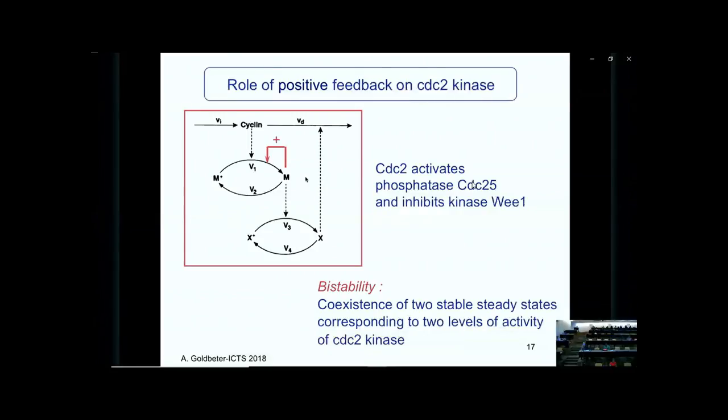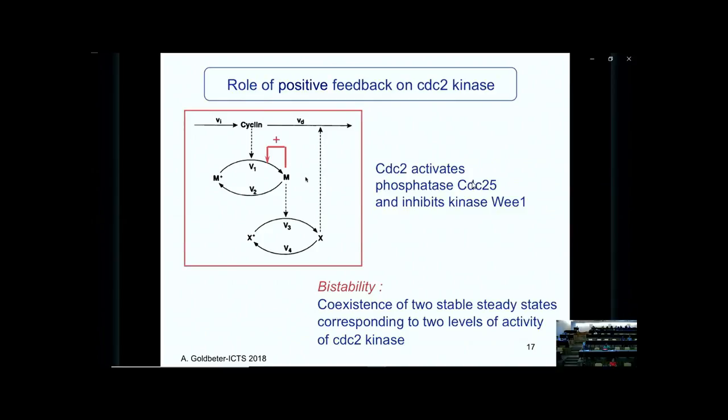So the fact that CDC2 kinase activates CDC25 amounts to a positive feedback, because CDC2 activates the enzyme CDC25, which activates CDC2. And by the way, there is another feedback where M, the kinase CDC2, inhibits V1. V1 is the kinase which inhibits CDC2. Inhibiting an inhibitor amounts to activating, to self-activation. So there is positive feedback in this system, and you heard another previous talk mentioning the phenomenon of bistability, in